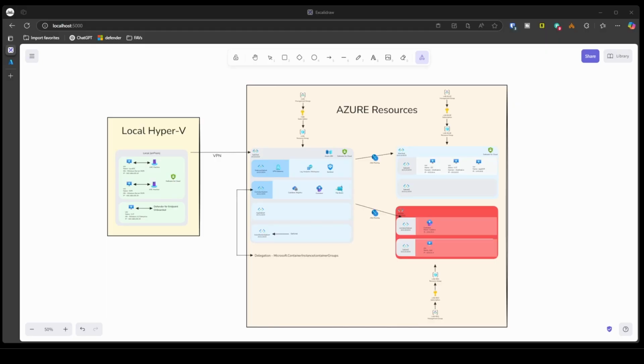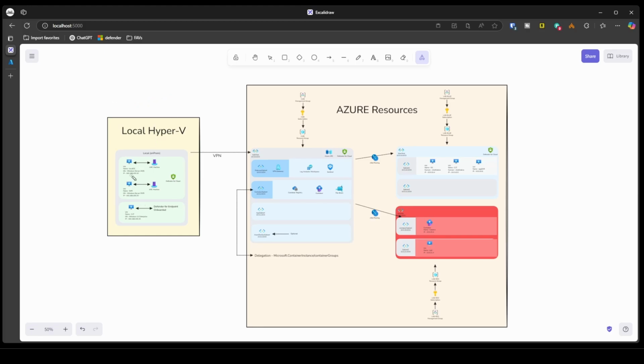So today I'm going to go over a lab idea that we're going to put in place over the next few videos. My end state goal here is to be able to run some red team type of attack simulation on the tenant and see where we can find gaps in the security tools. As far as what I've come up with, we have a local Hyper-V instance, so that's running